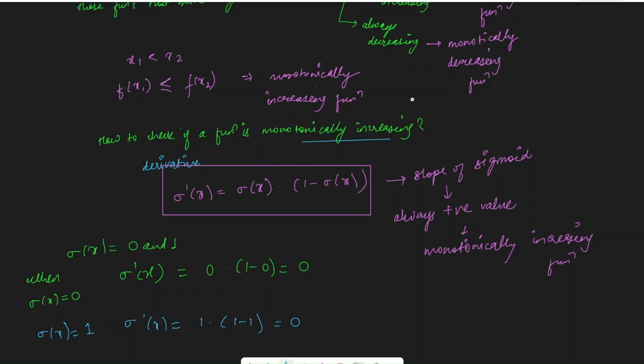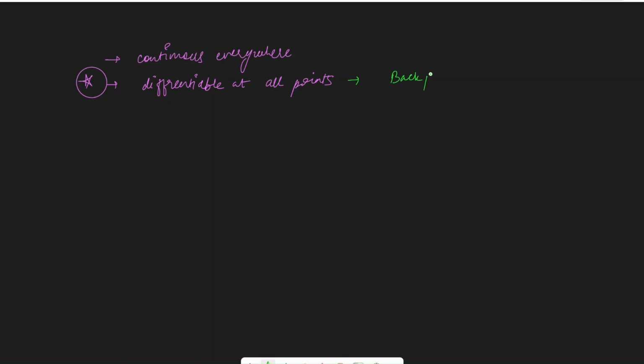Now there are a few other properties of the sigmoid function, and the next one in the list is that it is continuous everywhere. Because it is continuous everywhere, it is also differentiable at all points. Now this is a very important property for an activation function, that it should be differentiable at all points. Now you would think why? The reason is because when we are doing backpropagation to update the weights and